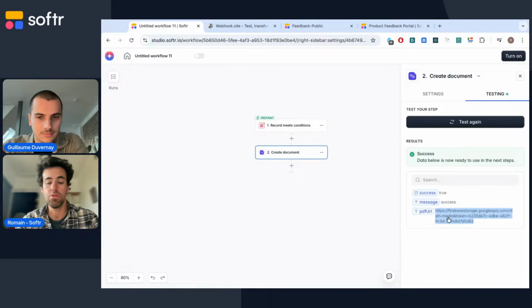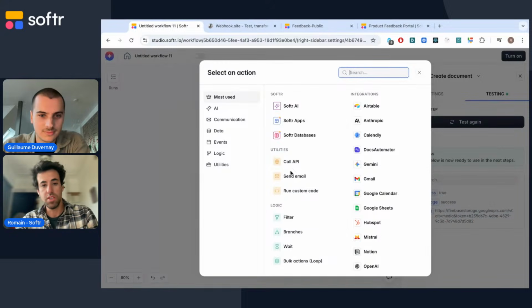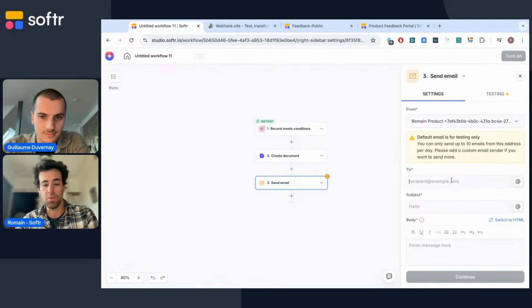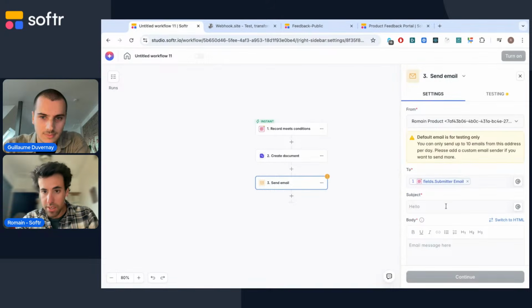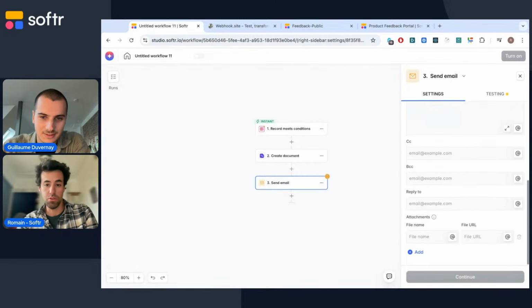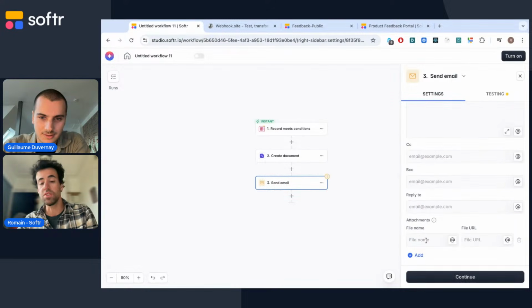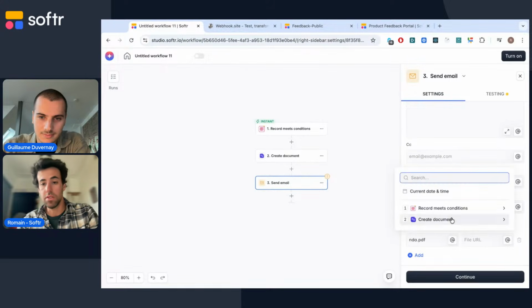You get a URL, and you can use the send email action to send this as an attachment. So you will use the email. We have an email here, NDA, please find attached. And we just released a couple of weeks ago the ability to send attachments. So we'll send the NDA as a PDF.